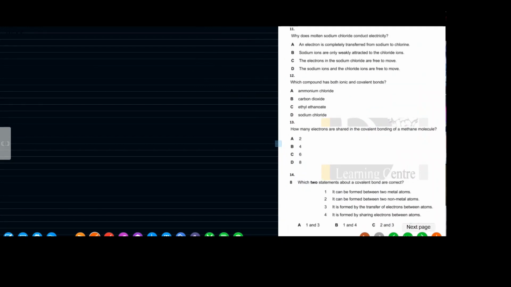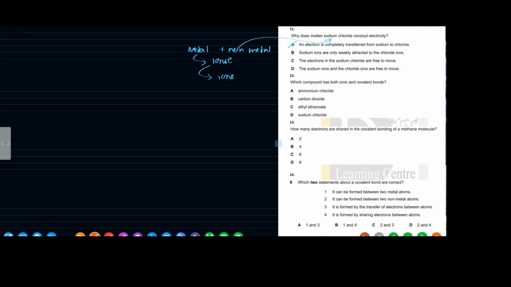Does molten sodium chloride conduct electricity, right? Whatever the bonding question given, if it is a metal and a non-metal, now this is something you know, but I'm always writing it for you to make sure that you know what you are doing. Therefore, you decide it's ionic. Ionic now refers to ions. That's the mental pathway of thinking, right? Molten sodium chloride conducts electricity. There is nothing to do with electron transfer. It happened already, right? Sodium ions are weakly attracted to the chloride ions. Wrong, right? So in